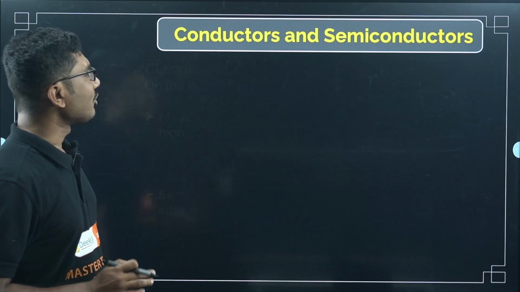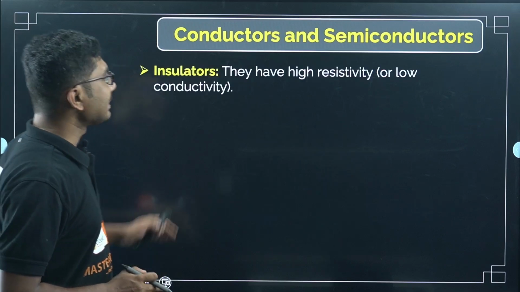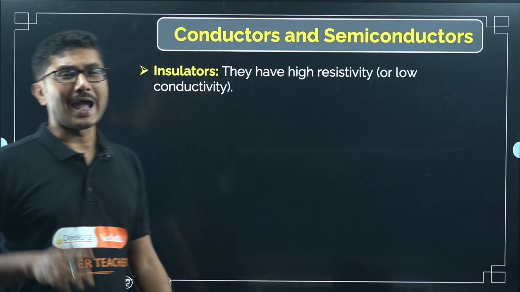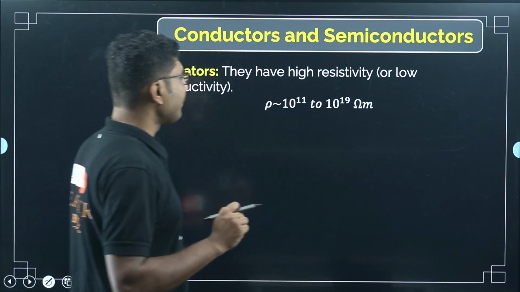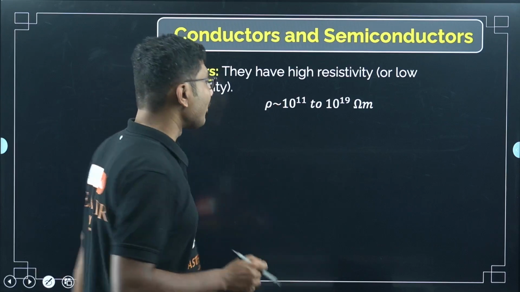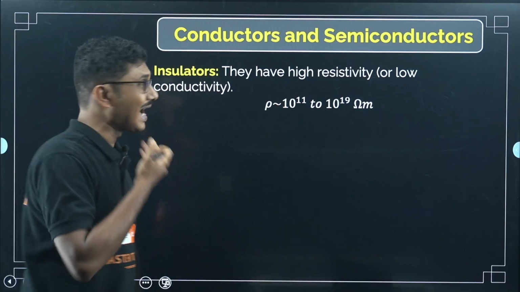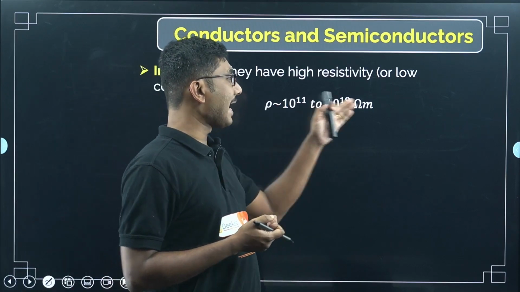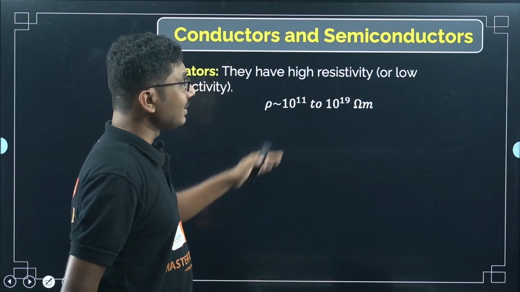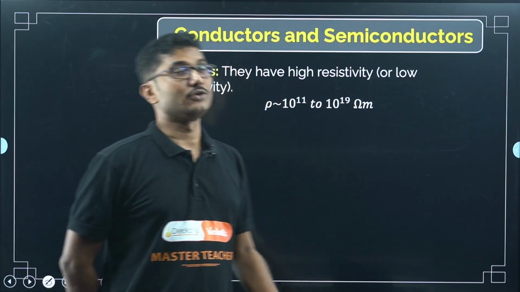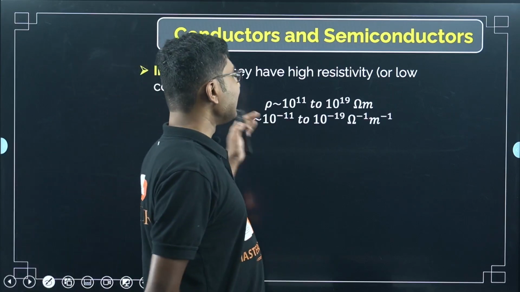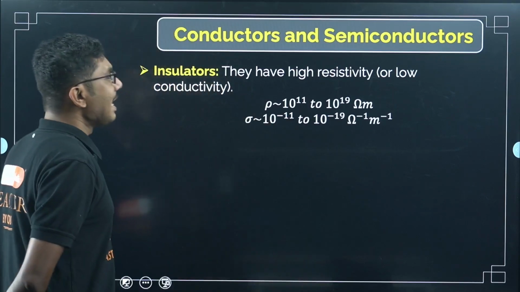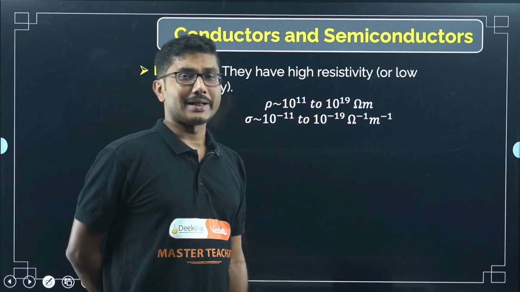Okay, now let's talk about insulators. Insulators have very high resistivity and low conductivity, right? The range of insulator resistivity is of the order of 10 to the power of 11, so very high resistivity, and it goes up to 10 to the power of 19. Its corresponding conductivity is 10 to the power of minus 11 to 10 to the power of minus 19